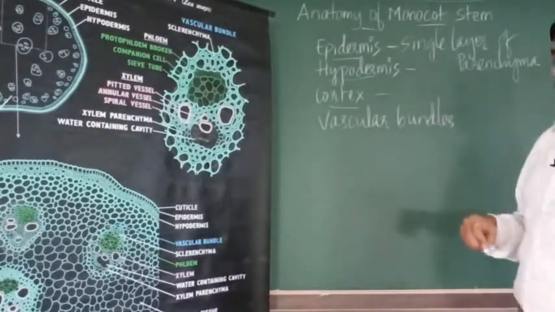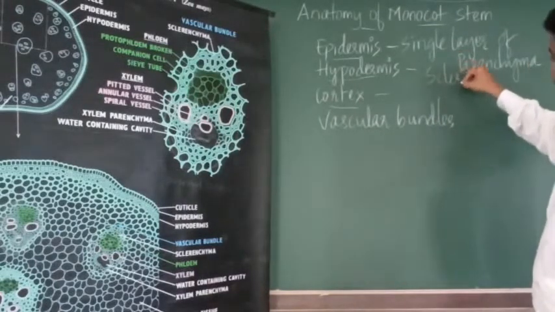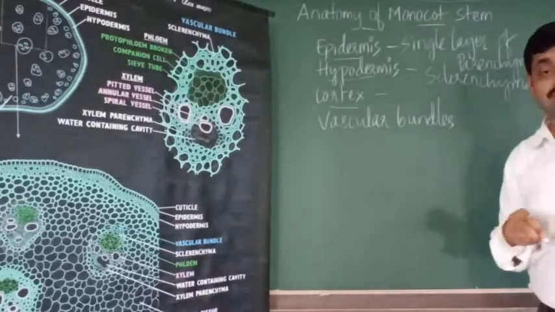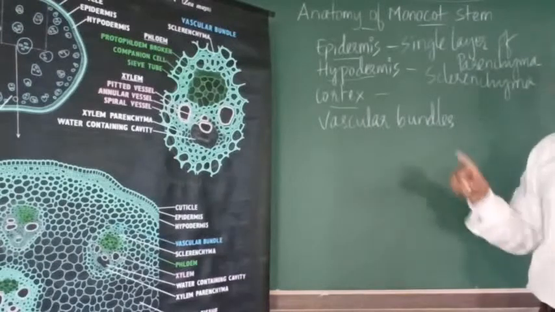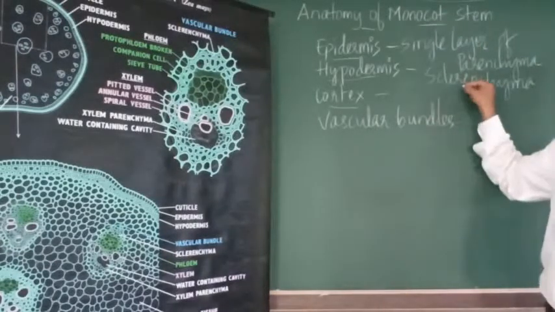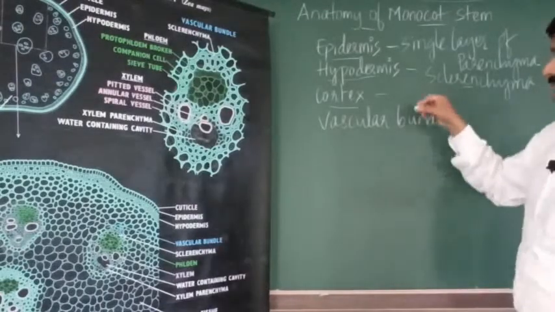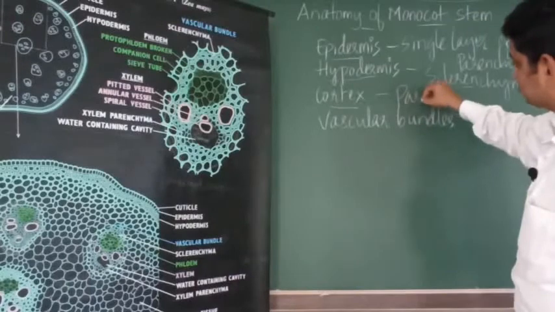Then hypodermis lies below the epidermis. It is composed of sclerenchyma cells. Right? So hypodermis of monocot stem is composed of sclerenchyma cells. Then the cortex. Below hypodermis there is cortex, which is composed of